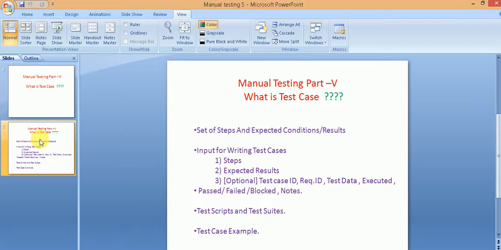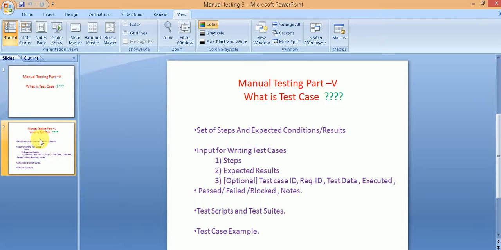At its simplest, a test case has steps, and every step may or may not have one or more expected conditions or expected results. So, for instance, you may have a test case, and that test case may have 5 steps, and 3 steps may not have any expected condition or result.